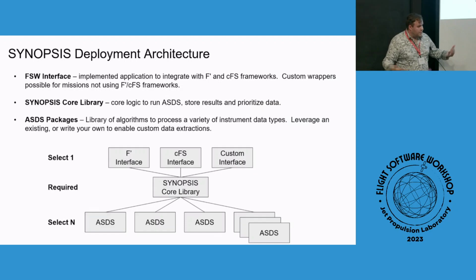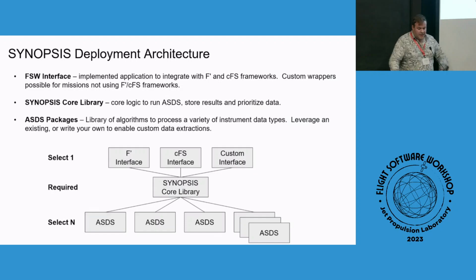This is really that glue between your memory allocations, your timing, all those types of things, your logging. We're providing some examples that will probably need small modifications depending on your topology, but basic connections for F prime and CFS. The idea is you probably don't need to touch the SYNOPSIS core library unless you want